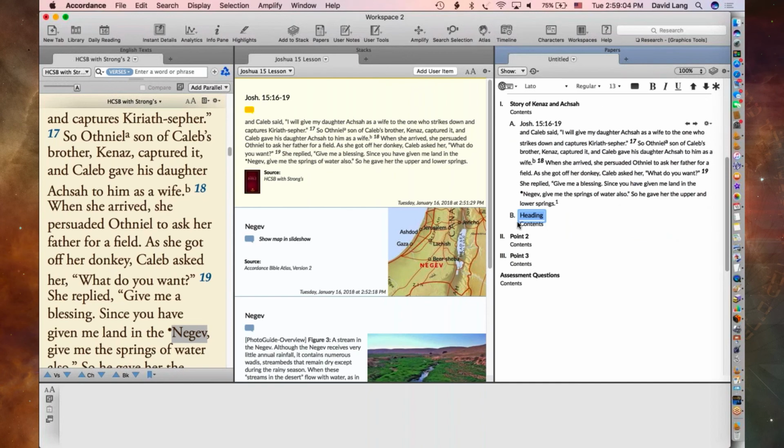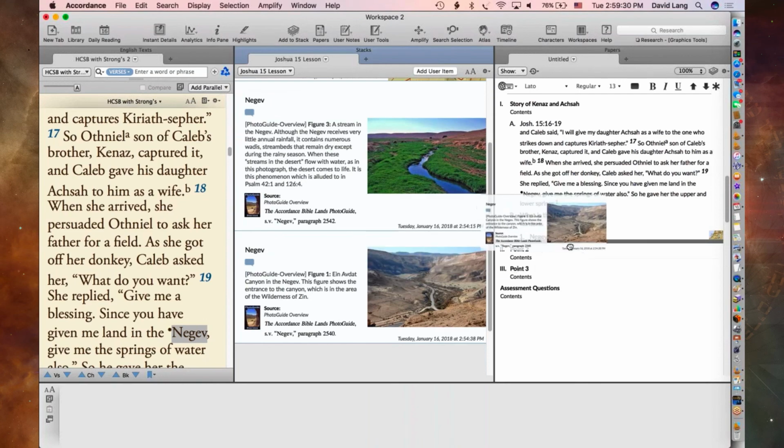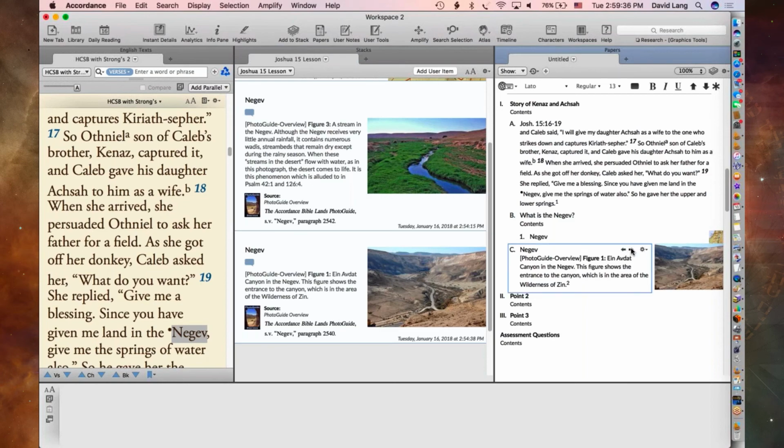So first I'm going to read the text, then I might write what is the Negev, and then I might say, okay, here's the map of the Negev, and then here's this picture of the dry Negev. I'll just drag that in there. I want that over a little bit. Let's move it over one more, and so on. So I can kind of put together my outline, including illustrations, and create a paper that I'll then use to